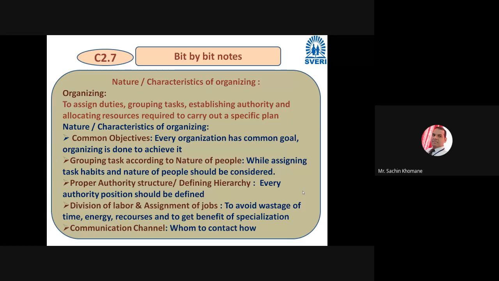Suppose the HR manager's and production manager's goal is the same, right? Whatever order you got, you have to produce that many orders and dispatch them. Even the HR manager recruits the people and the production manager does the actual fabrication and manufacturing of the product. Still the goal is the same. Why is the HR manager recruiting the people? He wants to support that particular production person to have the common goal to produce so and so components, so and so assemblies, or so and so vehicles. Getting? So in organizing, if you do not have a common objective, then